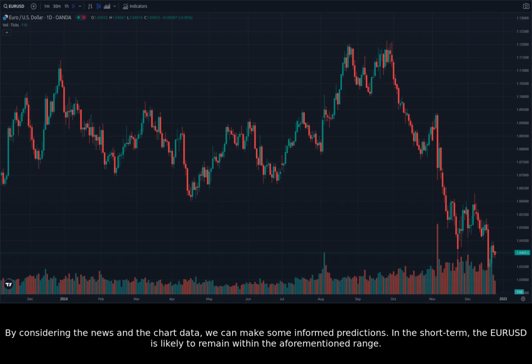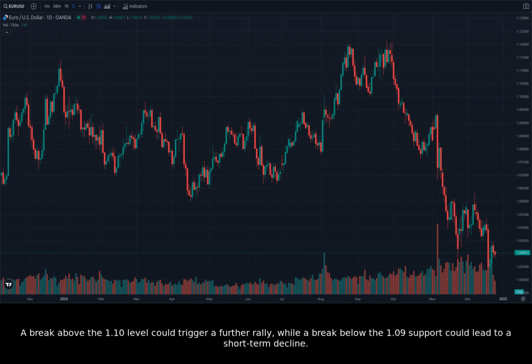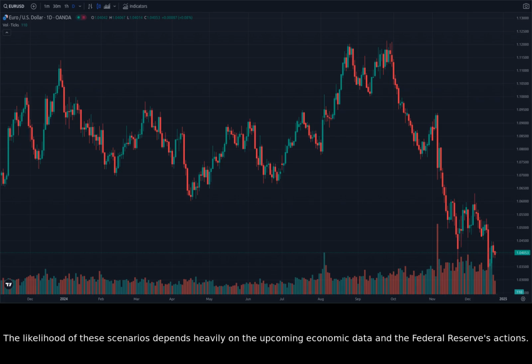By considering the news and the chart data, we can make some informed predictions. In the short term, the EURUSD is likely to remain within the aforementioned range. A break above the 1.10 level could trigger a further rally, while a break below the 1.09 support could lead to a short-term decline. The likelihood of these scenarios depends heavily on the upcoming economic data and the Federal Reserve's